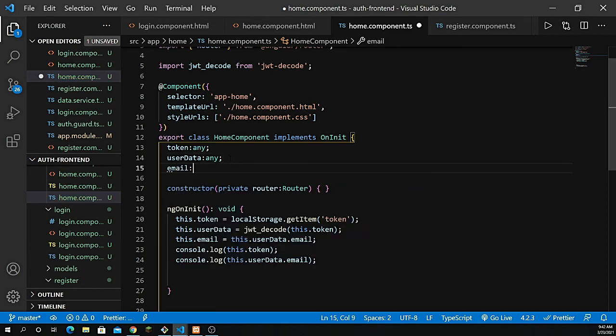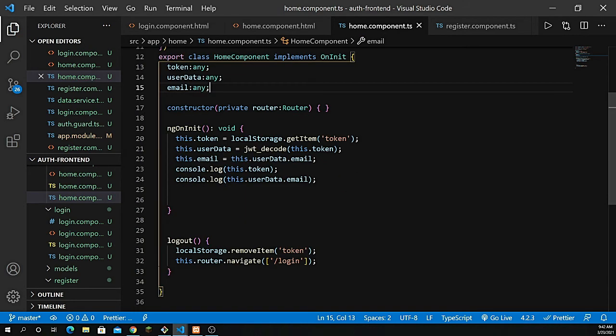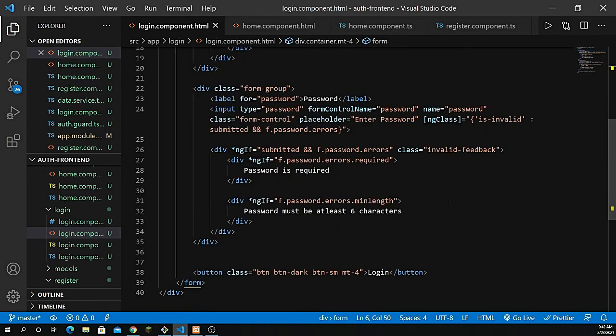So email of type any. All right, so with the help of this.email, just copy that, and let's define it inside where we have our